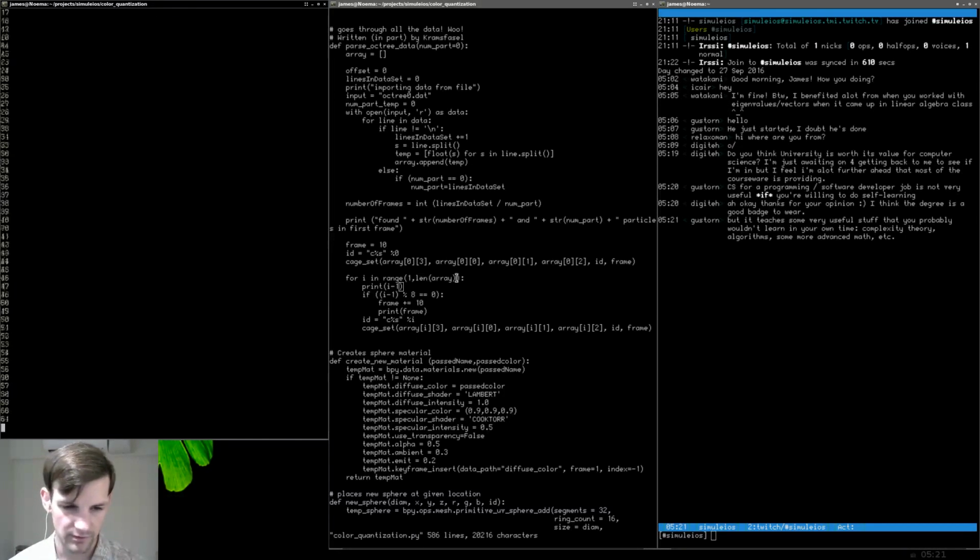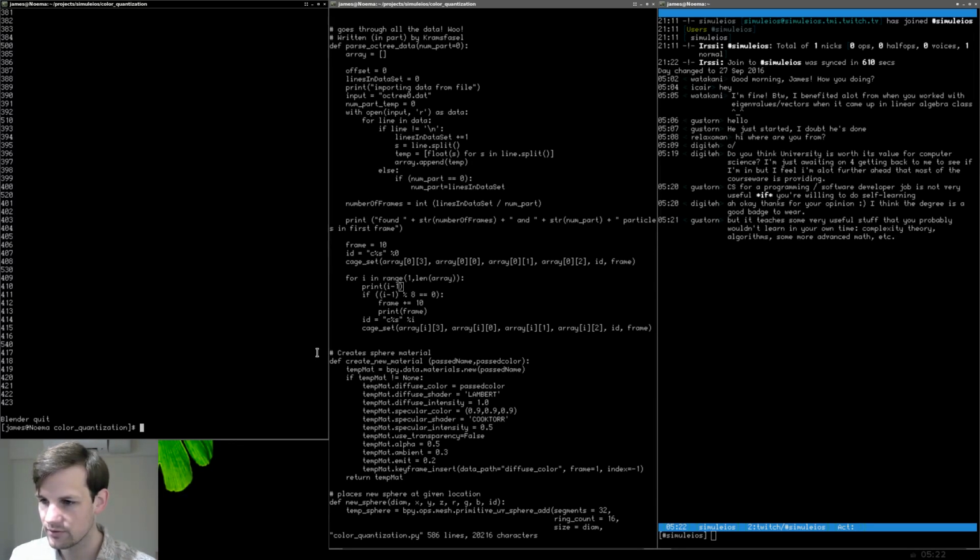Let's go here, Blender-P. Yeah, so clearly we went through 423 particles, right? But it teaches some very useful stuff that you probably wouldn't learn on your own time. Complexity theory, algorithms. Yeah, I agree with that. Again, that's what I was saying before. I hear people on both sides of the spectrum, right? So it's not like there